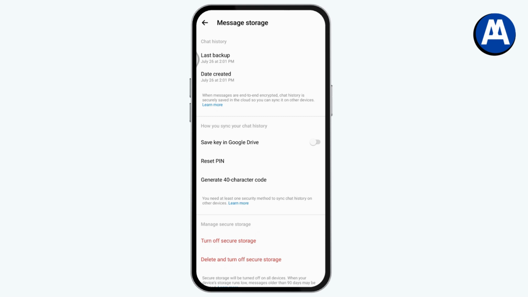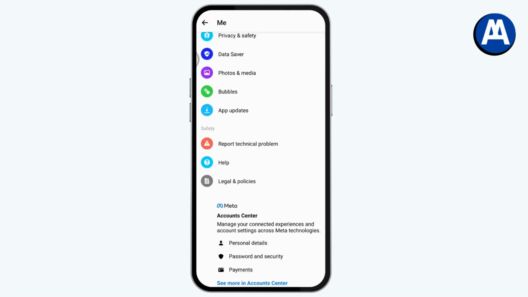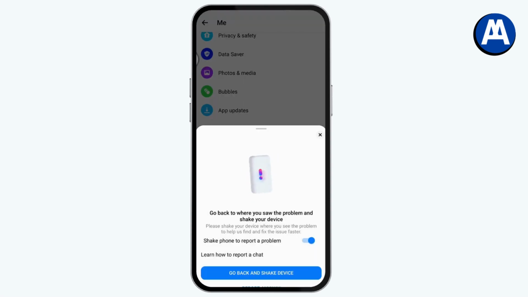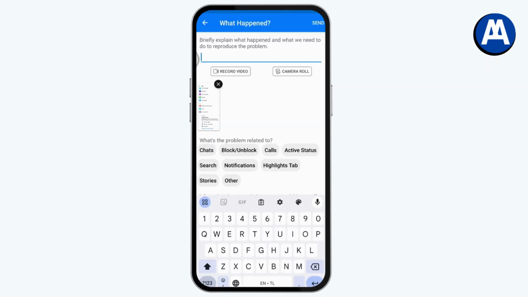But if you don't have that remove option, then you just need to simply go back, and under Settings you need to scroll down, tap on Help, or you can go for Report Technical Problem. Tap on Report Technical Problem and tap on Report Anyway, and you can include or don't include, and it will